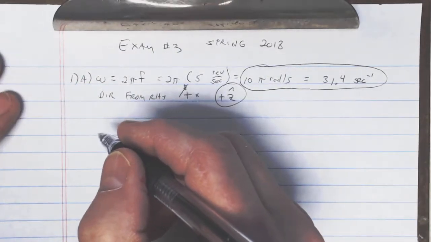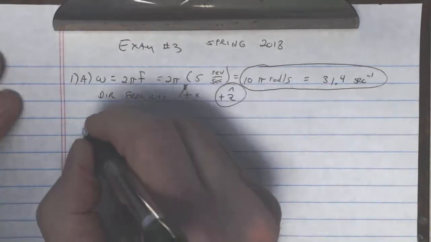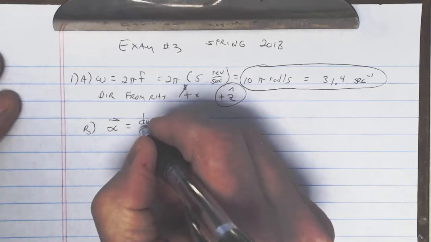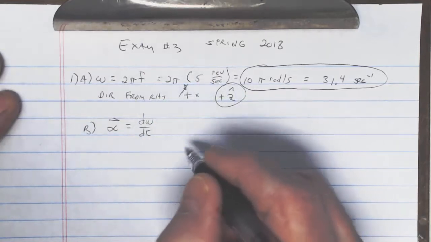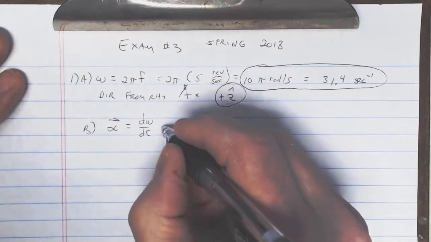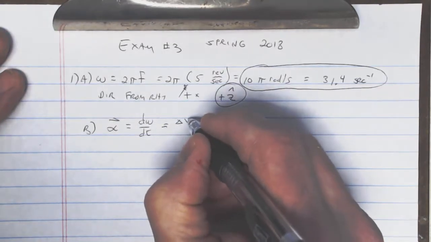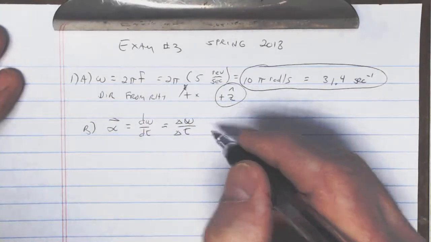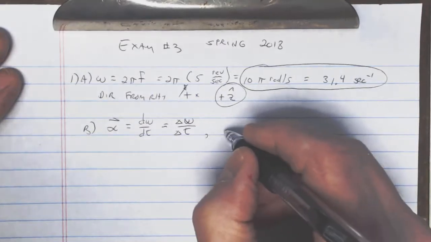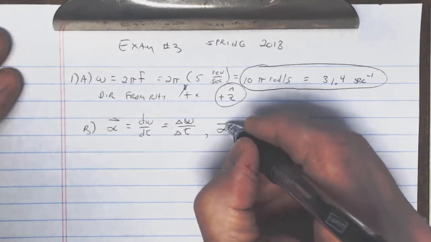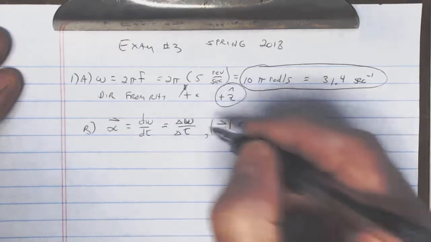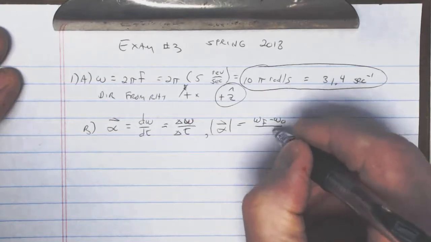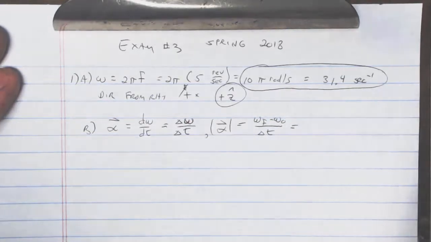Part B asks you for the magnitude and direction of the angular acceleration vector. Well, angular acceleration instantaneously is just d omega dt. I'll leave out the vector signs for a moment and treat that separately. Since it's a constant acceleration, we can replace the derivative by a delta omega over delta t, because it's constant angular acceleration. So the angular acceleration magnitude, or alpha, is just delta omega, omega final minus omega naught, divided by delta t, which is